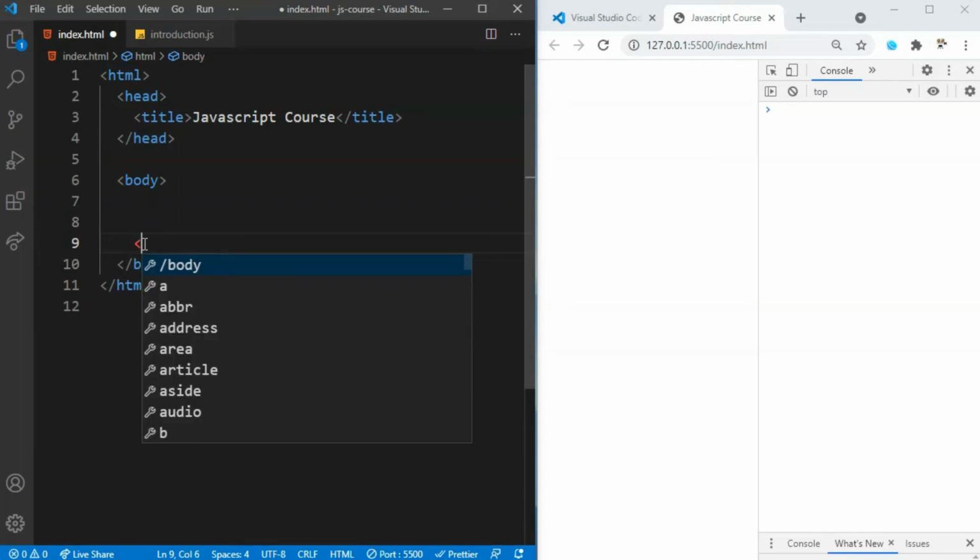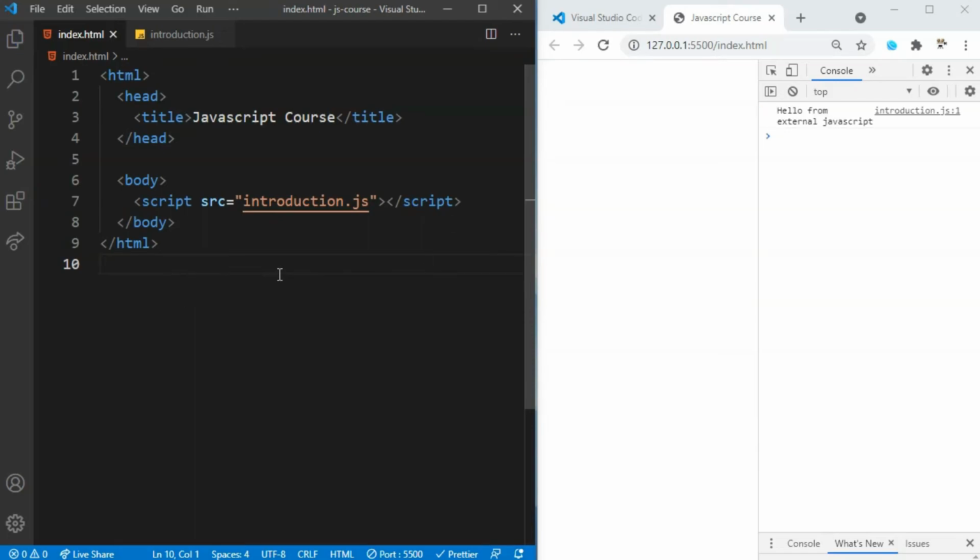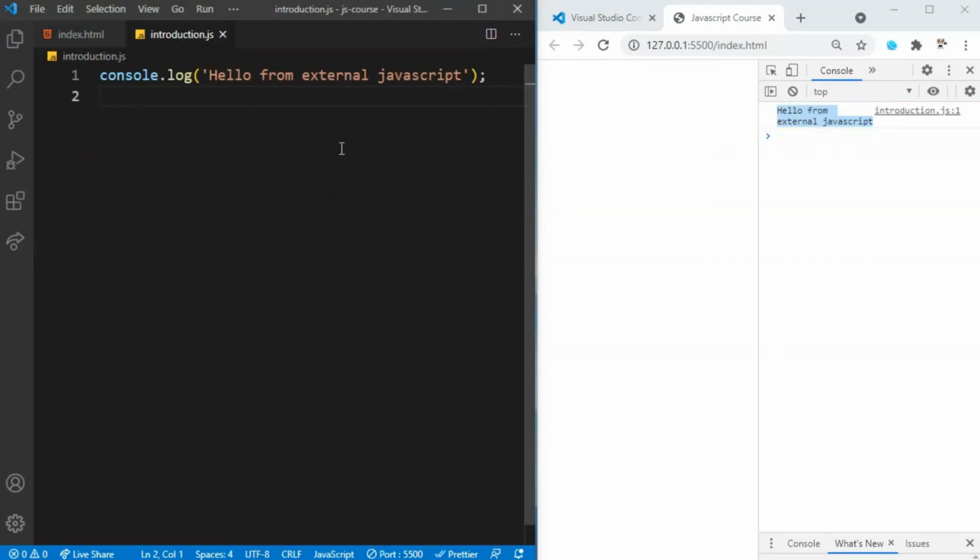So I'm going to say script, and the source is going to be that introduction.js file name. That's how we can define an external JavaScript. Once I save this, as you can see, hello from external JavaScript, that's coming from over here.